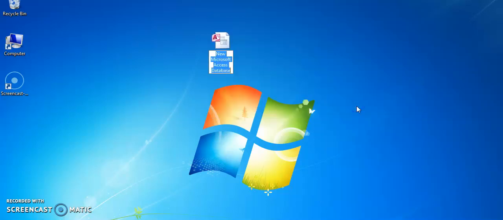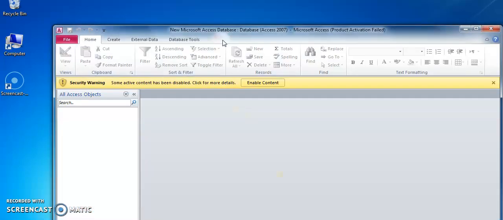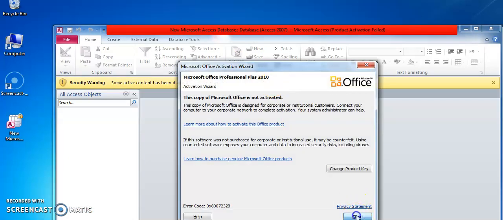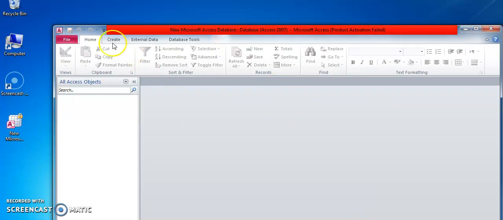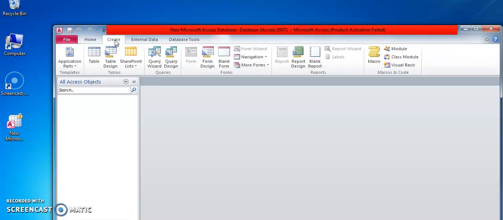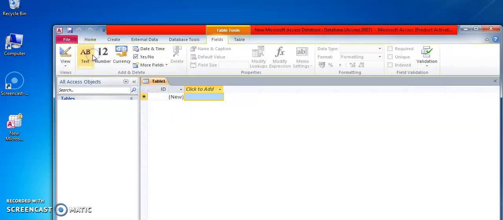After clicking on that, kindly click on File, then press on these buttons as you are seeing on your screen, then go to this Create tab from this pane and click on Table.